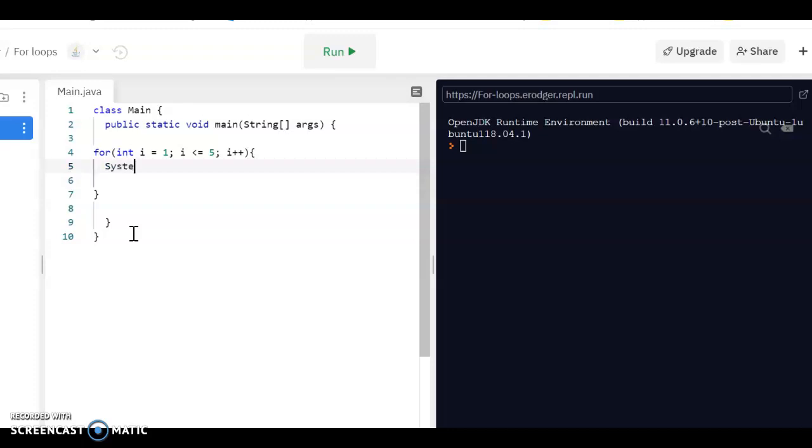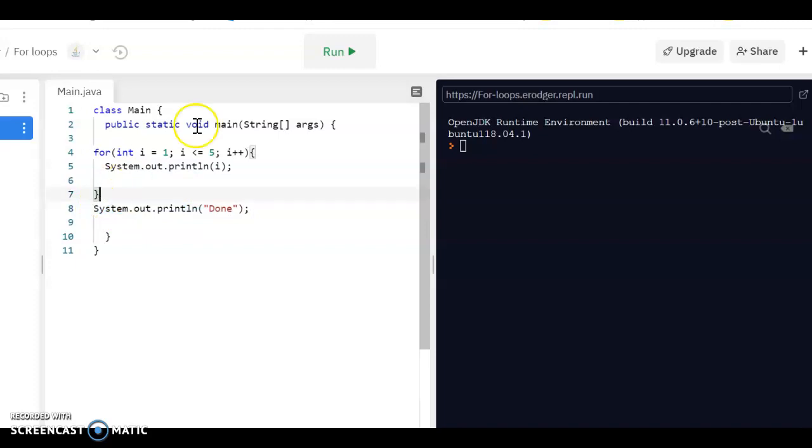So inside, we're just going to put a System.out.println of i. We're just going to have it print i each time. And then after the loop ends, we're going to put in a System.out.print, and we're just going to put "done", just to indicate that we know that loop is done. Notice that this line of code is outside of the for loop